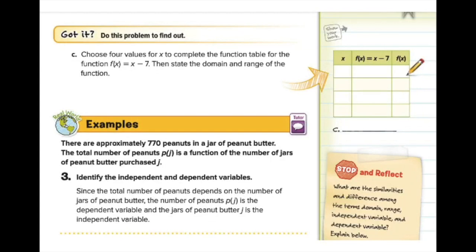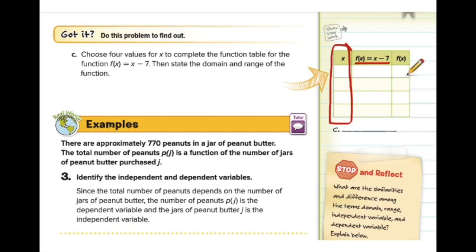Okay, so let's try C, see if you got it. It says choose 4 values for x to complete the function table for the function f of x equals x minus 7. Then state the domain and the range. Now, something that's very important when you are choosing your x's, you want to choose them carefully. Usually, I would pick low numbers 0, 1, -1, just because for arithmetic purposes, things tend to come out a little bit more reliable. The thing is, though, when you're thinking strategically, you want to take a look at your